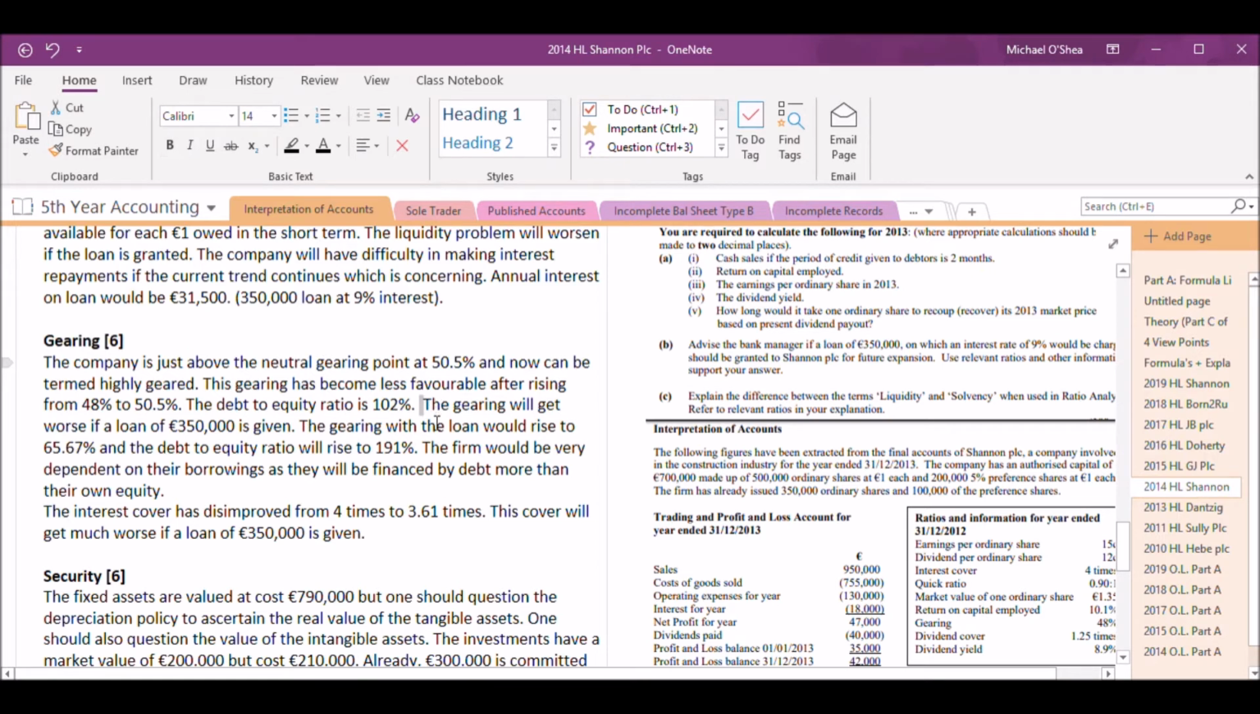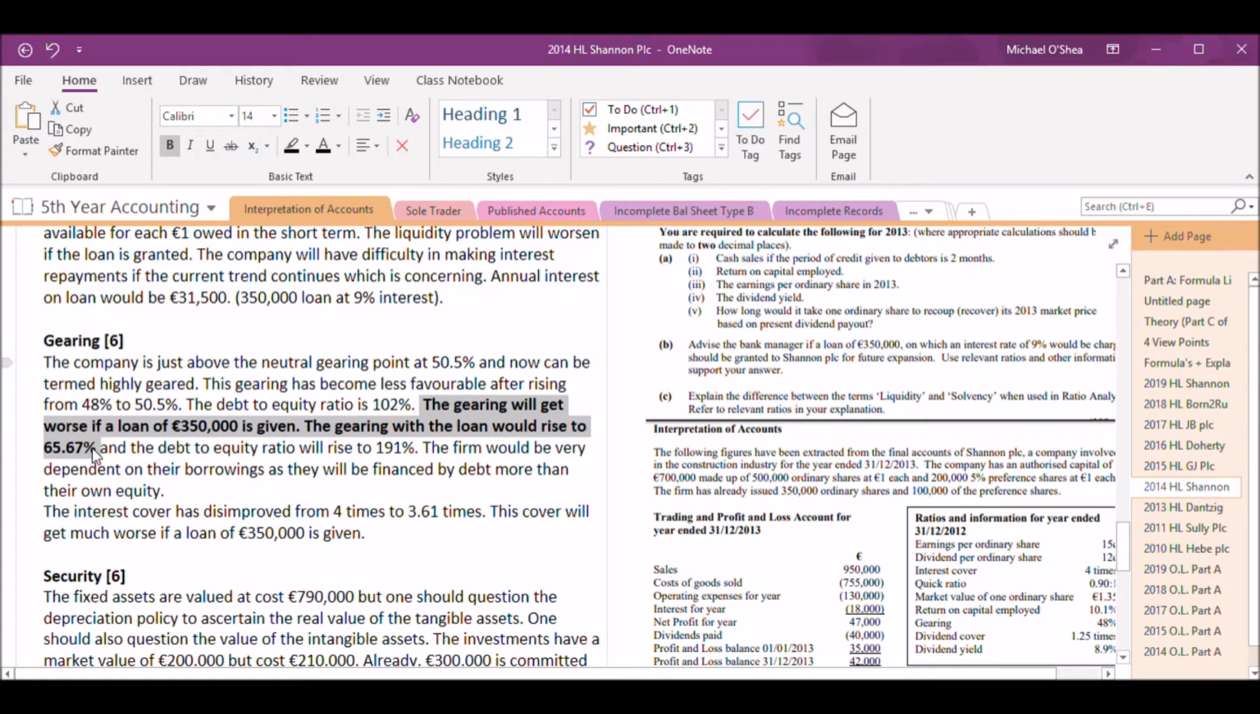This here, extremely important. Ideally, you make reference to the debt to equity ratio as well. But if they tell you that you're getting a loan and you know the gearing is going to go up, this here is going to be worth marks. The gearing will get worse if we get the loan. The gearing with the loan would rise to